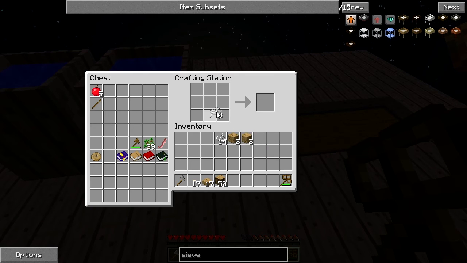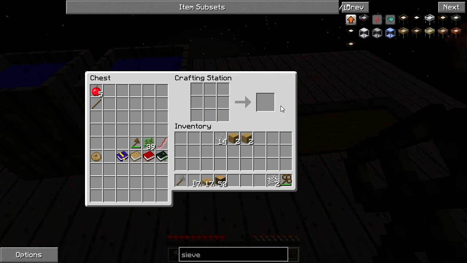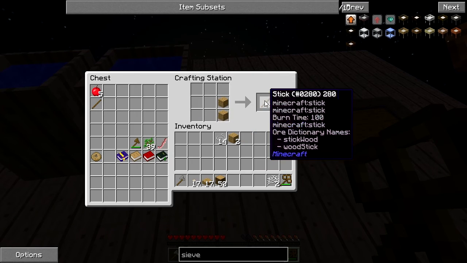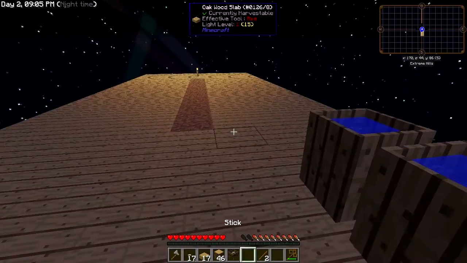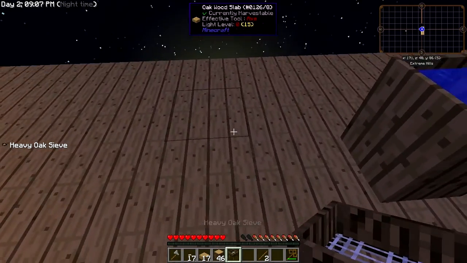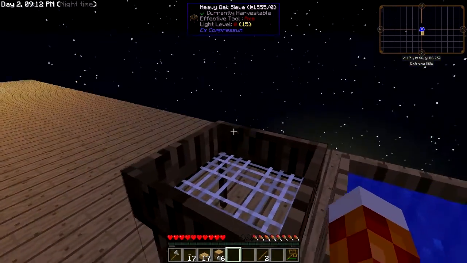And darn it. Make a couple of these, and then there we go. Now let's make a heavy sieve. I said let's make a heavy sieve. There we go. Let's start off with the heavy sieve. This will allow me to sieve 9 things at once, essentially, because it allows me to sieve compressed gravel instead